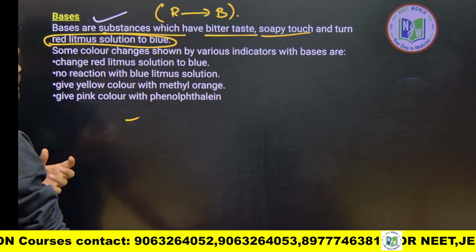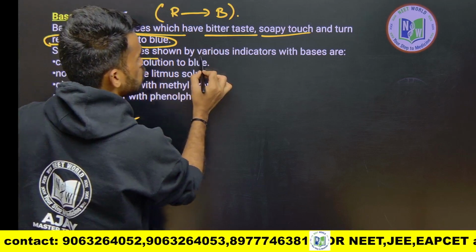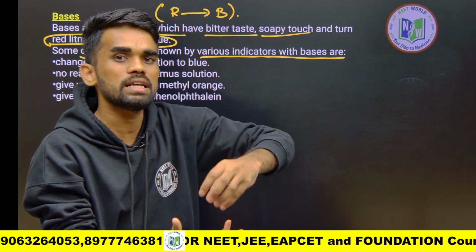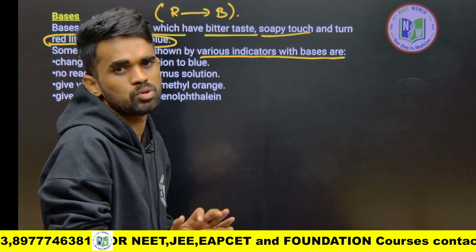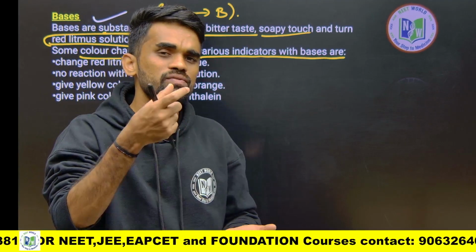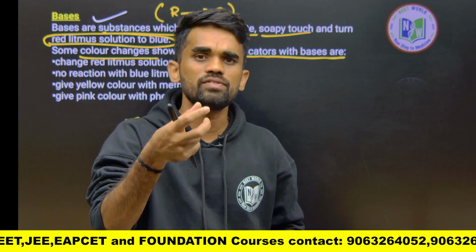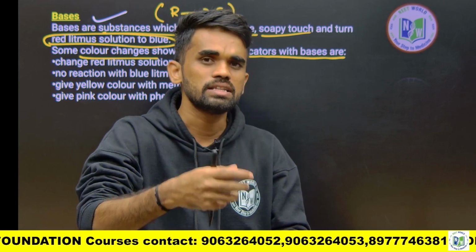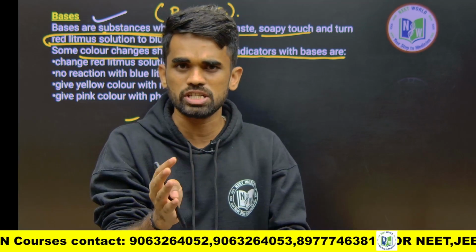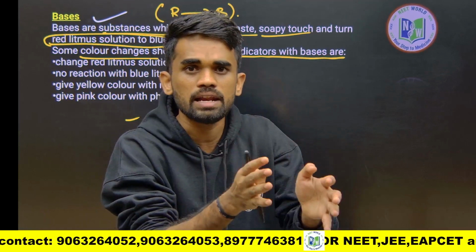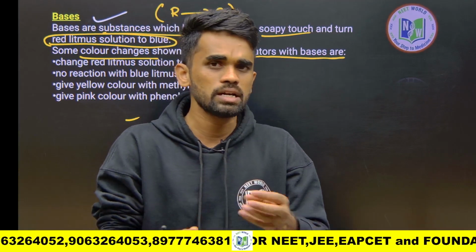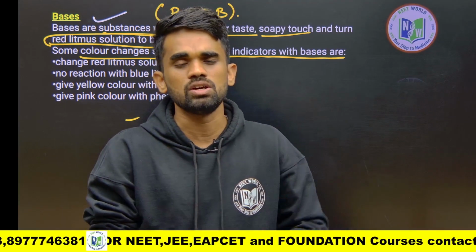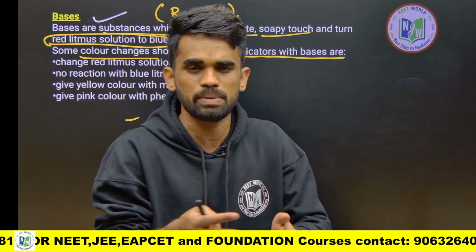And what are the other changes we will see? Some color changes are shown by various indicators with bases. When we add an indicator to a base, what color change may we see? We will be discussing that. So what are indicators? Indicators are either weak organic acids or weak organic bases, which upon adding to acids and bases show a color change in their ionized form and unionized form. They have different colors depending on which one we are adding, so that we can indicate the given substance as acid or base. For example here,